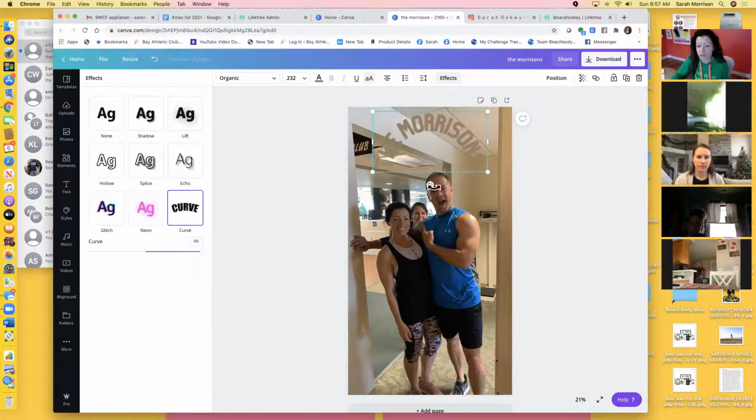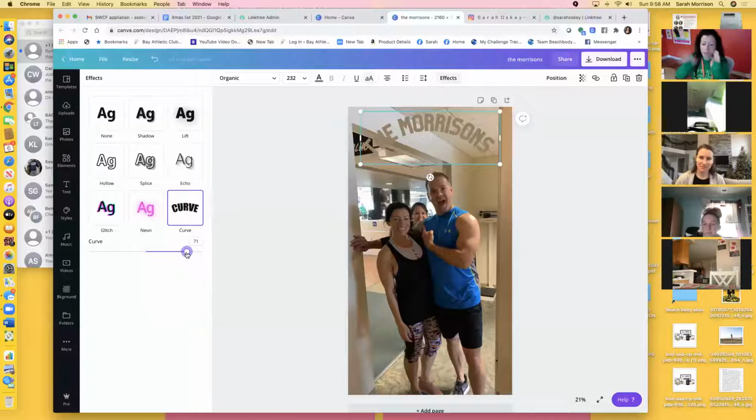This is where you could curve it if you want. And then pulling this out changes the direction of the curve. So say you wanted to make a circle, you could do something so fun, and that actually might be our next project. We'll put someone's picture in the circle, and it could say Success Club Legend around the circle. That's what we could do, but that's where that is. But I don't want the curve, so